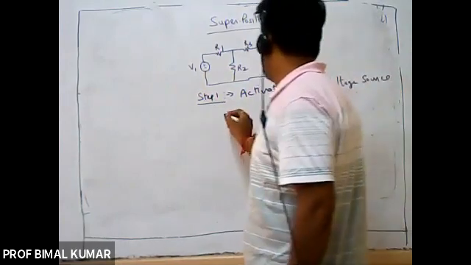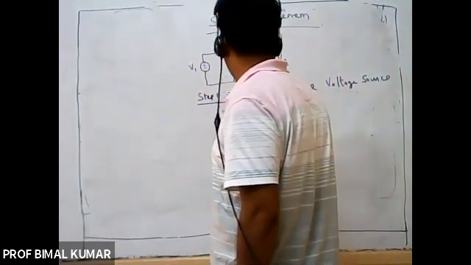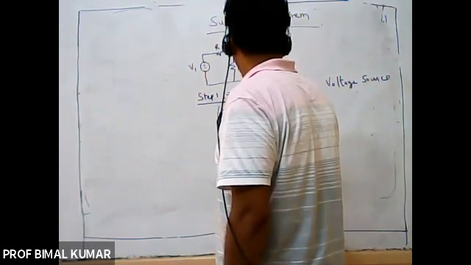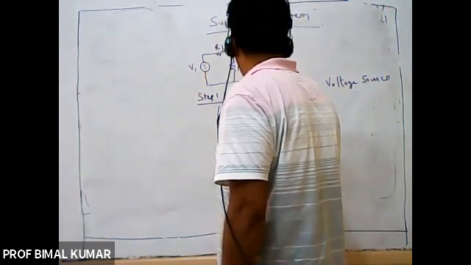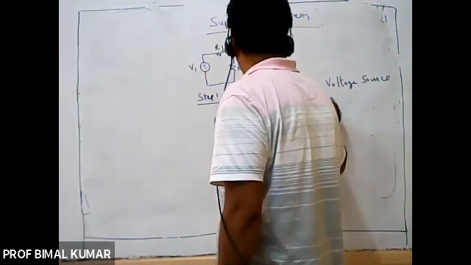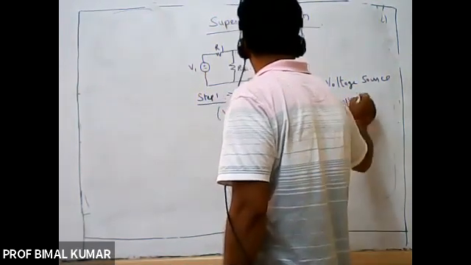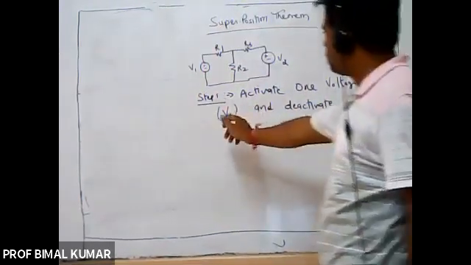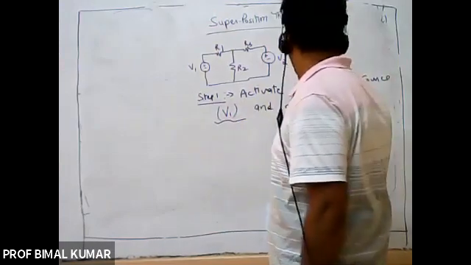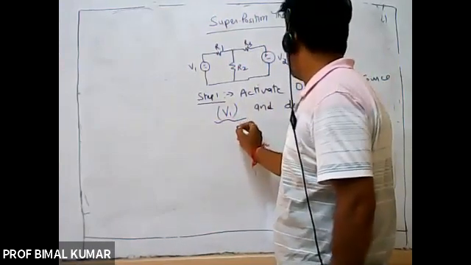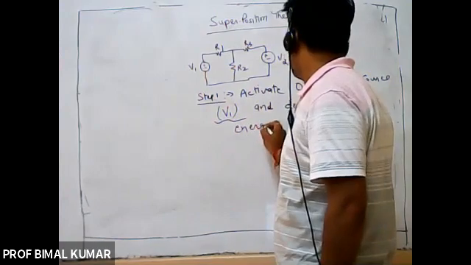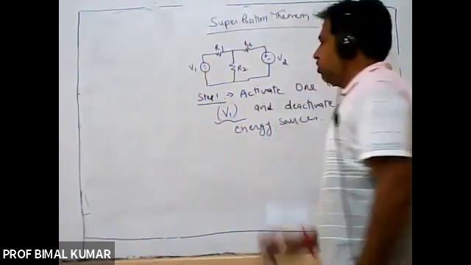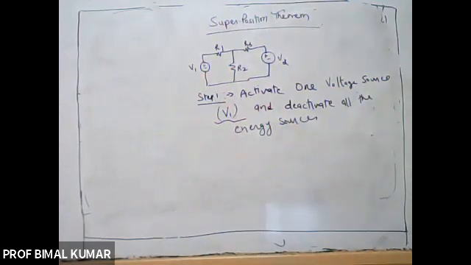So let us consider I am taking it as V1 and deactivate all the other sources. Activate one voltage source. Let us suppose I am activating V1 and deactivate all the other energy sources. Right? So in this case,